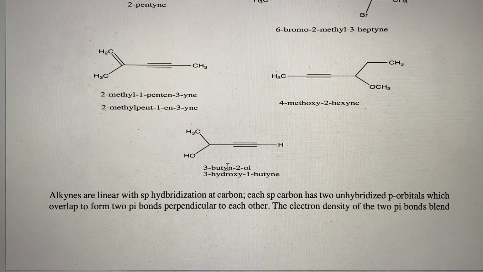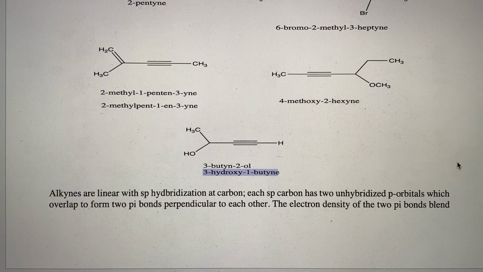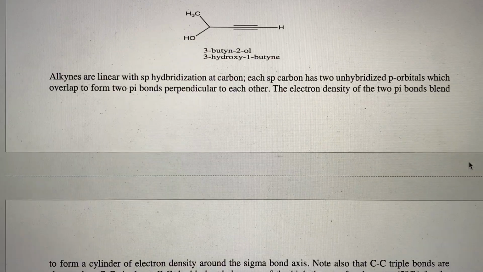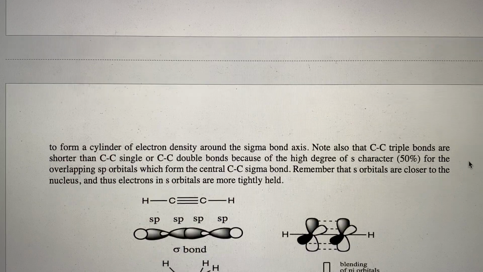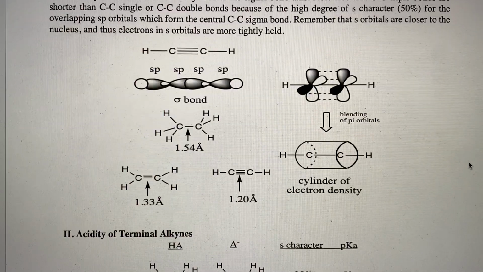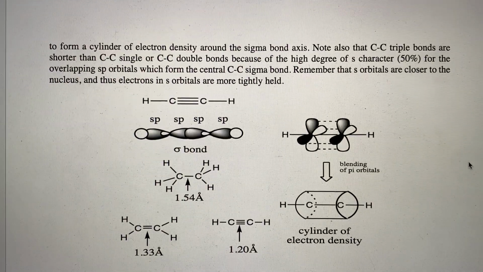So there's 3-butyl 2O. That's one way, more in favor of alcohol, or the second way is in favor of alkynes. The carbonyl alkyne is a triple bond, so it's sp. It's linear molecular shape, or sp. All right, so that's a little bit of naming, and I'm going to go through the